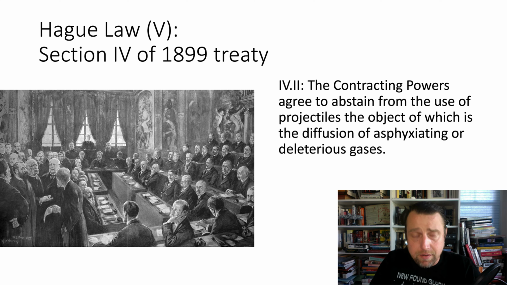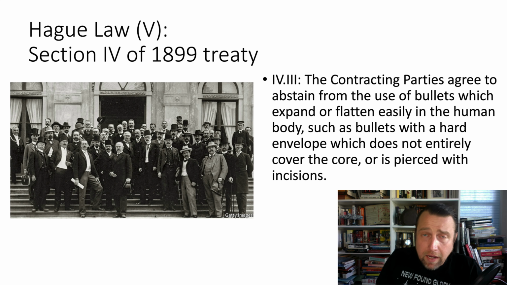Now, the reasoning here is, of course, twofold. First, chemical weapons themselves, by their very nature, were thought to be inhumane, because they caused much more suffering than was necessary. Second, chemical weapons could be used to target non-combatants with devastating effects. Think here of the use of poisonous gas during the Syrian Civil War. The final subsection, subsection 3, is a mouthful.